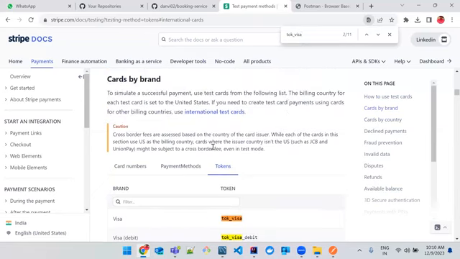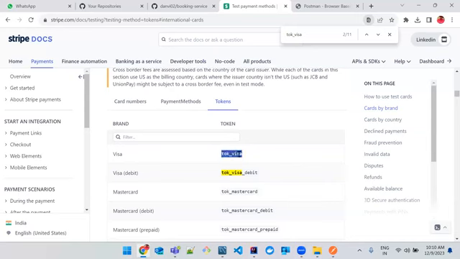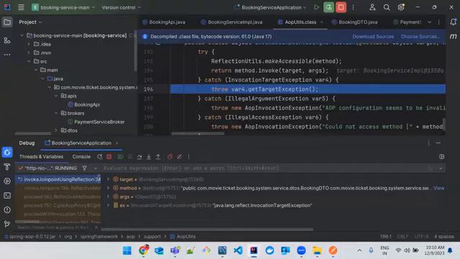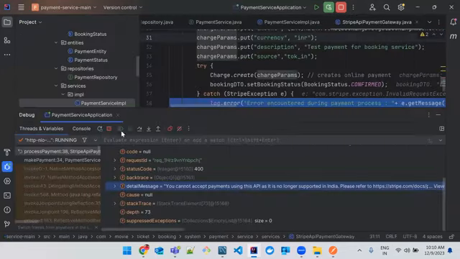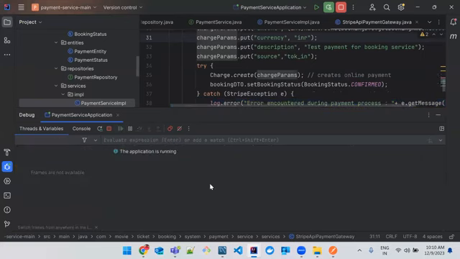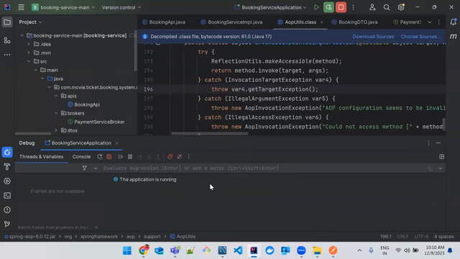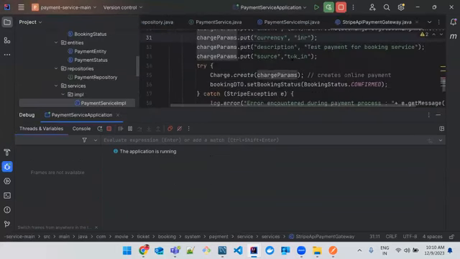Okay, cards by brand. Okay, let's use this one, tok underscore visa. Okay, so let me complete this flow. And also let me complete this flow. Okay, so I guess let me use this one